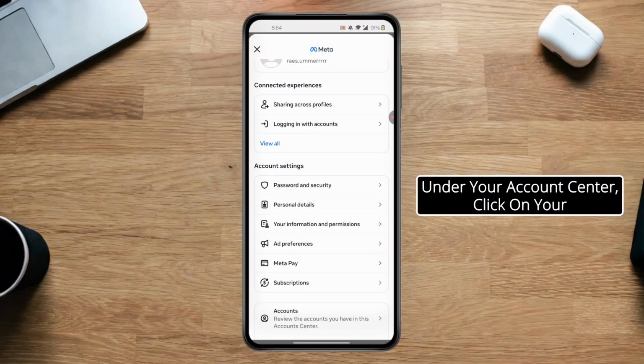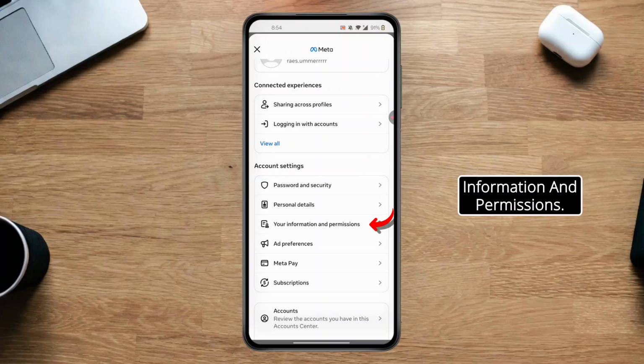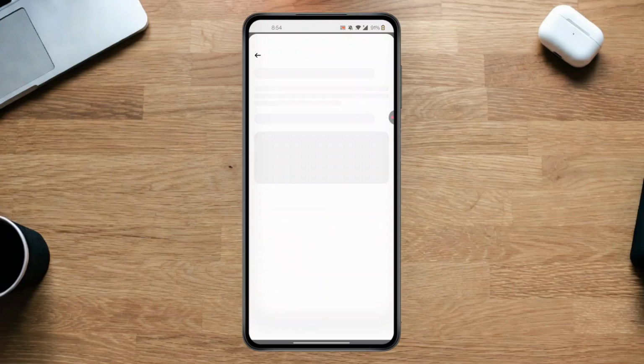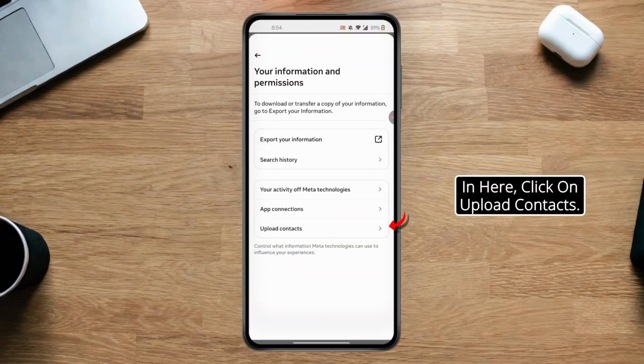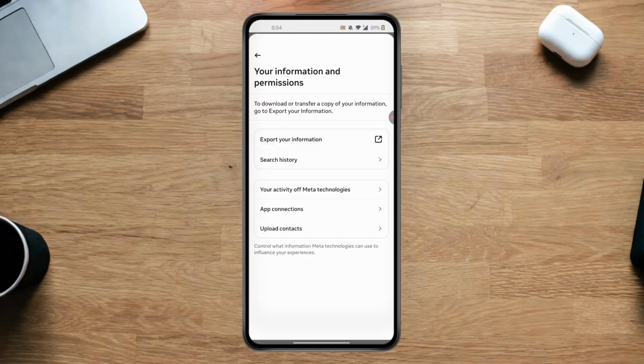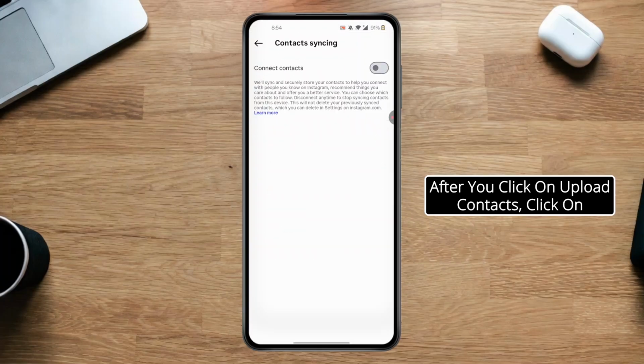After you're in the Account Center, click on Your Information and Permissions. And here, click on Upload Contacts. After you click on Upload Contacts, click on Connect Contacts and turn this on. After you turn this on,